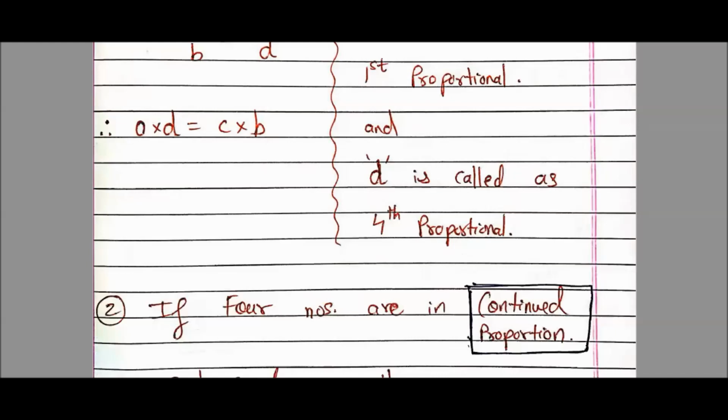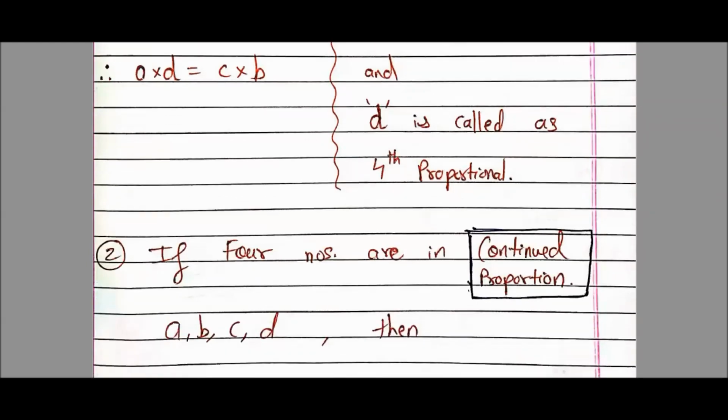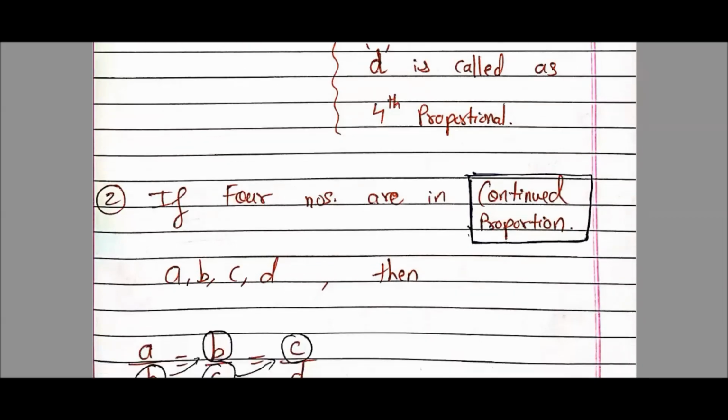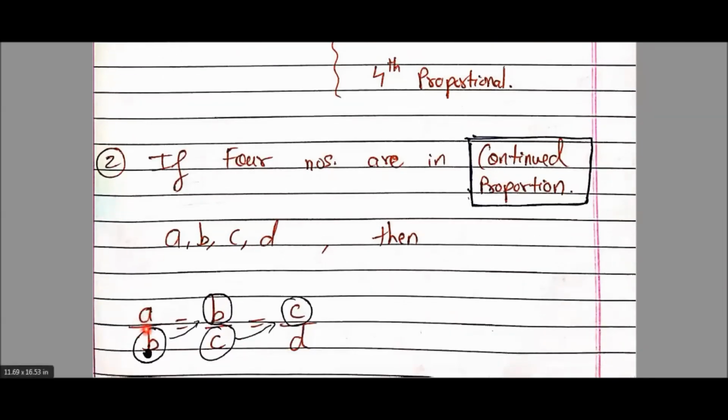Yeah, I have highlighted that extra part with this box. Understand, students? If 4 numbers, again the second note, 4 numbers are the same, so A, B, C, D. But there is something extra. Are in continued proportion. यहाँ पे the word continued is extra. So there must be some difference. So what's that difference? Let's see the difference. The difference is A upon B is equal to B upon C is equal to C upon D. Can you see these arrows?